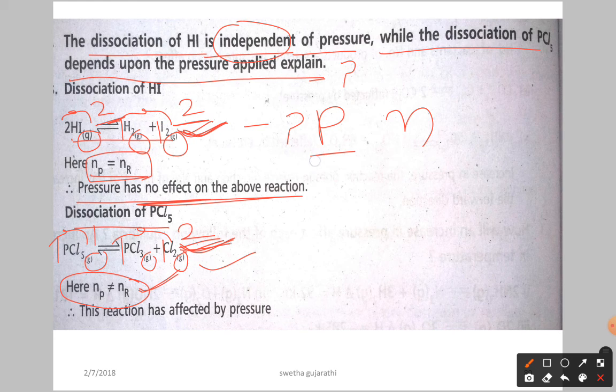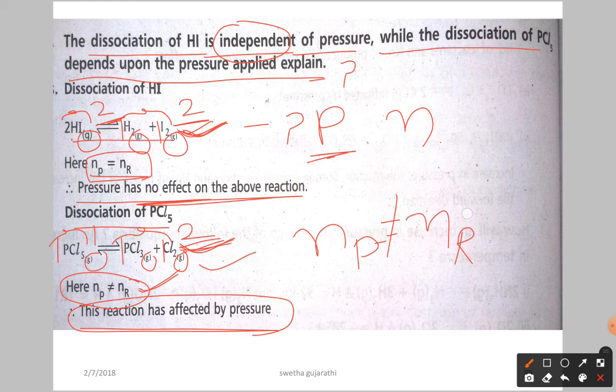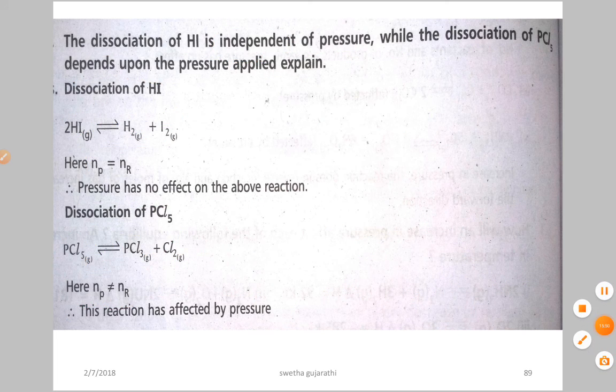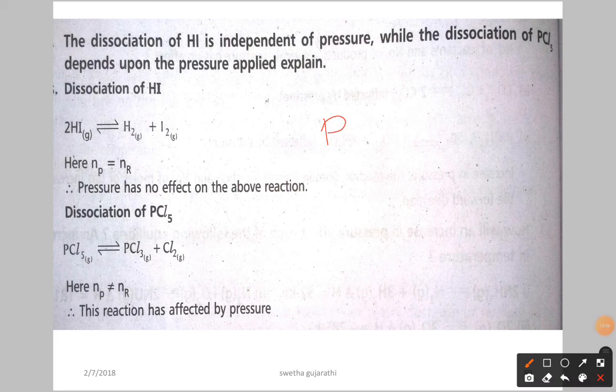Okay, they are not asking about increase or decrease in pressure. They are just asking whether the pressure effect will be there or not. Simply, you have to see that the number of moles of product and reactant are not equal; then only will the pressure effect be there. If the number of moles of product and reactant are both the same, then the pressure effect will not be there. This is the only thing you have to remember. Once they ask about pressure effect, you have to look at the number of moles. If they ask about temperature, you have to see the delta H sign. Okay, is it clear?